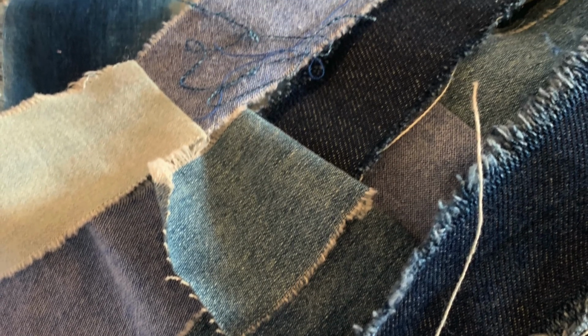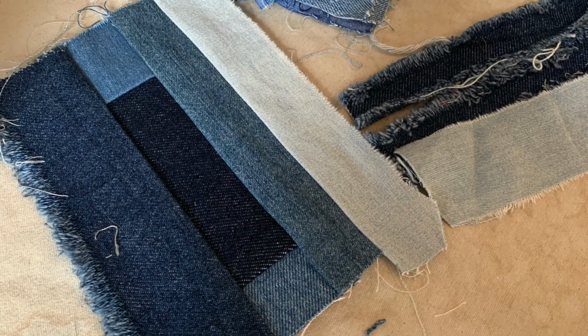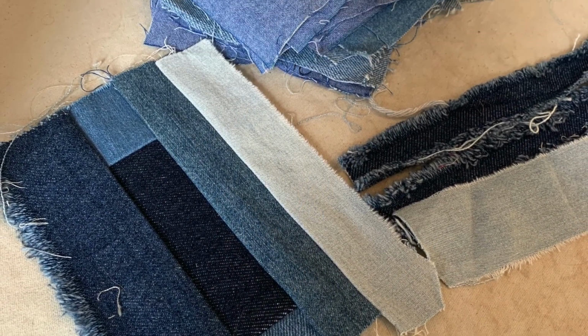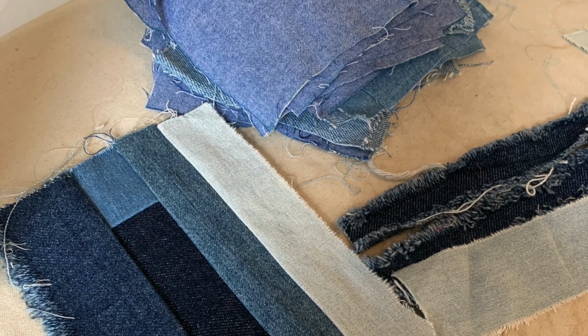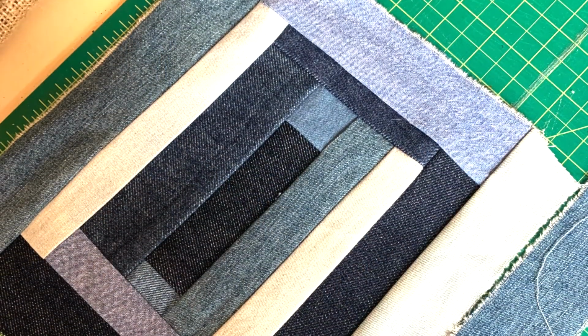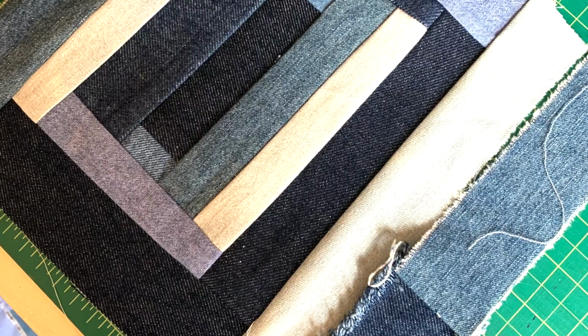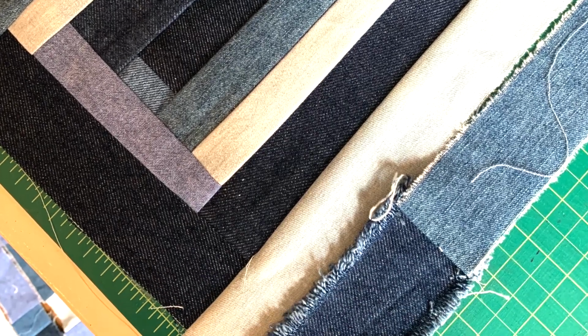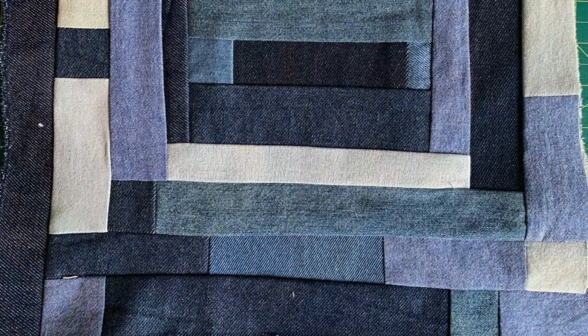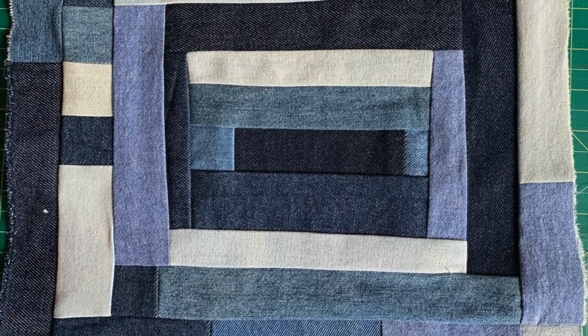So before I got to that point, I had all of these denim scraps, as you can see, and I got them at thrift stores, and I used them to make another quilt, but I couldn't get rid of them. So I decided to start sewing the strips together like this, starting just with a few of them, and then sewing some horizontally, and then alternating horizontally and vertically, and just trimming as I go. So I built out this square shape, and I was playing around with the lights and the darks of the